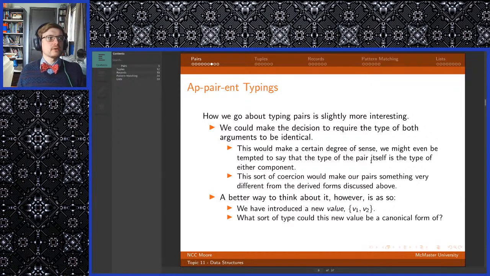So, we've talked about how we would implement the semantics, and hopefully the semantics makes a reasonable amount of sense to you, because it's very straightforward, right? So let's talk about typing. There are basically two ways we could go with this, right? The first approach you could take is to say, oh, well,